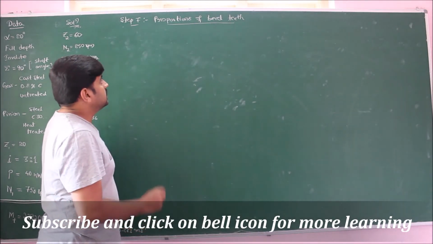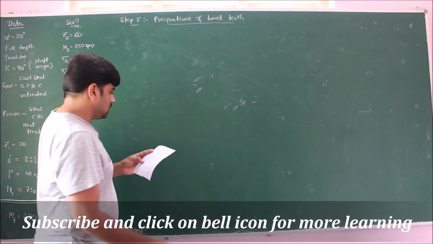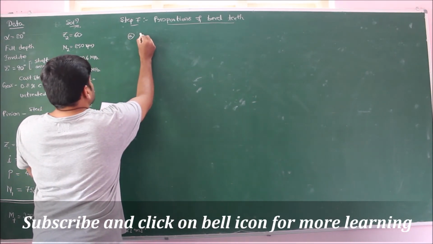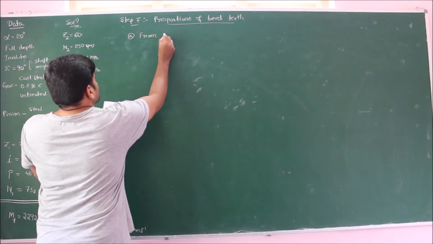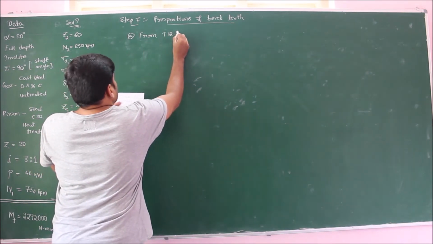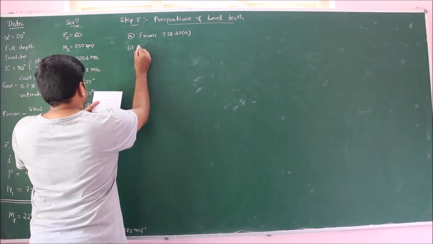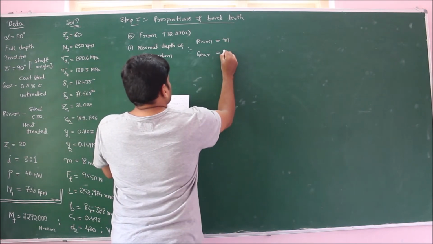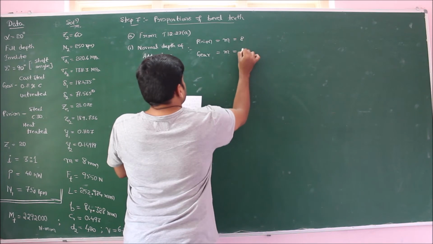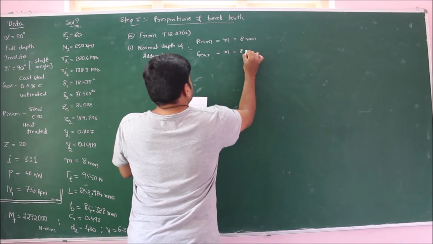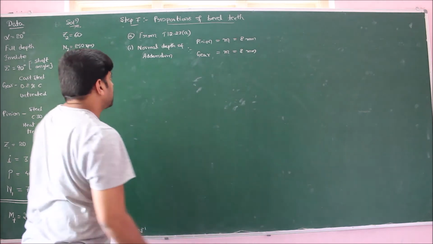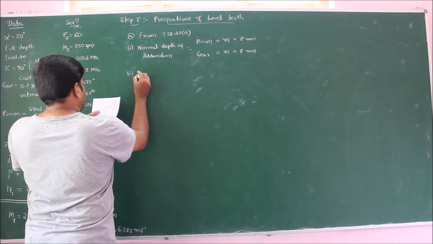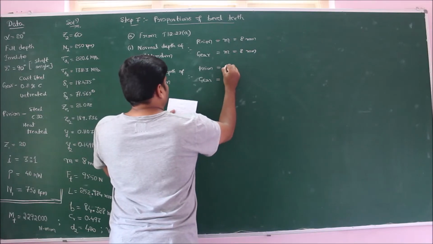Coming to step 7, that is proportions of bevel teeth or dimensions. Case A, we should solve for table 12.23a. From table 12.23a, we have the normal depth of addendum for pinion as well as for gear. It is equal to the module, which is equal to 8 millimeters respectively. Coming to the second one, that is the normal depth of dedendum both for pinion and gear, it